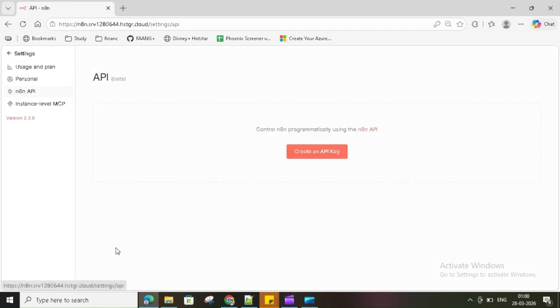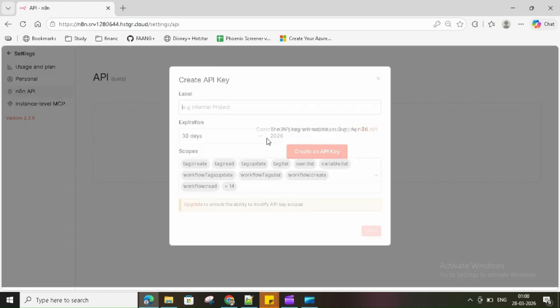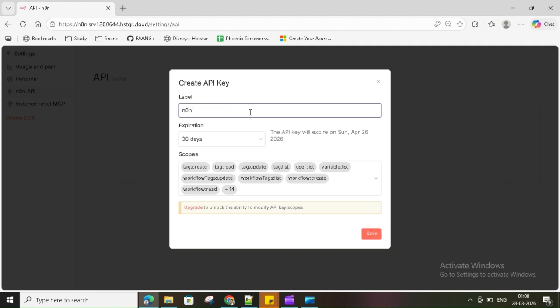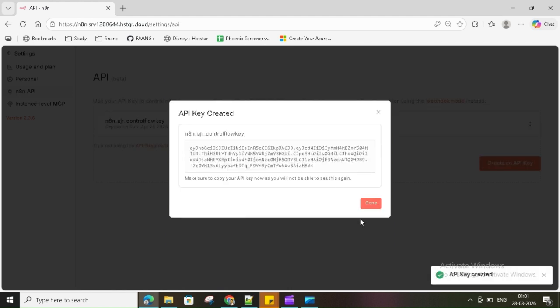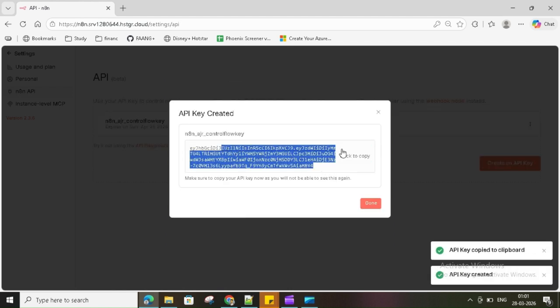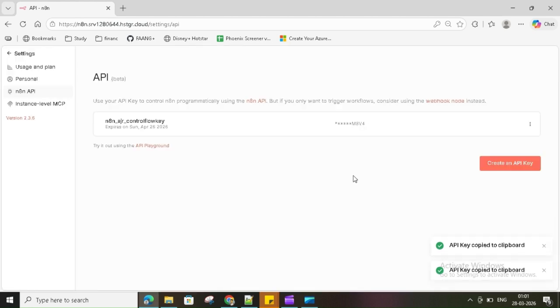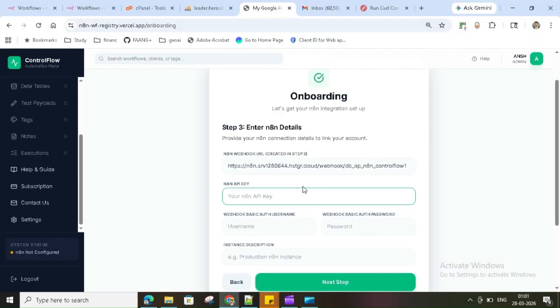Not an API. Create a key. Controlflow key. I copied it,